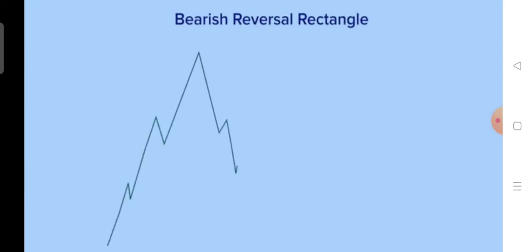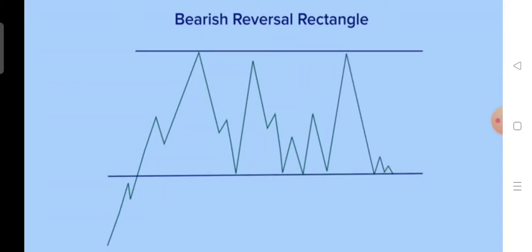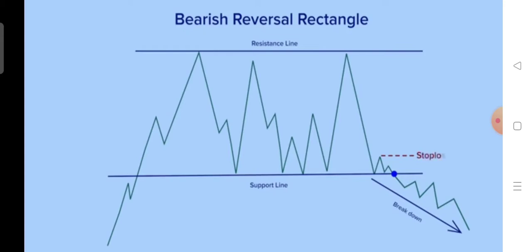Now, let us talk about a bearish reversal. That also comes after an up move only. After an up move, if we see a rectangle being formed and there is a breakdown from the rectangle, someone can take a short trade with a stop loss just above the rectangle's support line. In that case, if eventually the price goes much lower, he would have a lot of profit. But if the stop loss is hit, then he has to exit the trade.